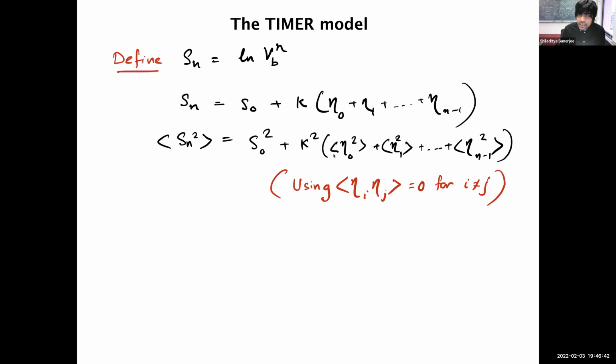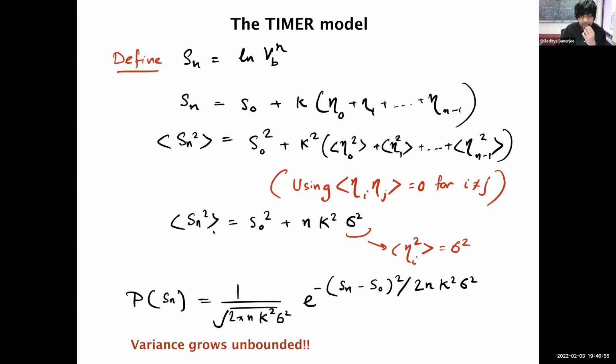What you see here is that the variance in size is the sum of the variances of the noise, right? And each of these noise distributions has a finite variance. So at the end, we are left with a system where the variance actually grows with the number of generations, where n is the number of generations, and sigma squared is the variance of each of the noise distributions. Which means that the variance grows unbounded.